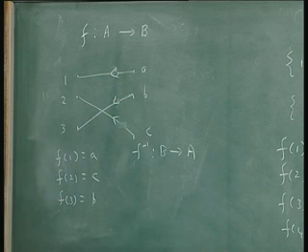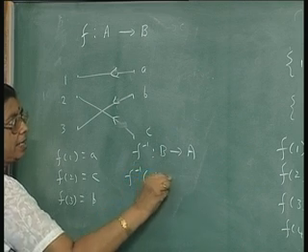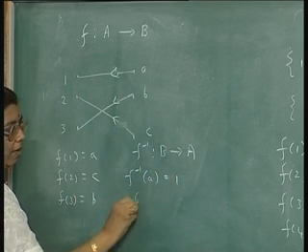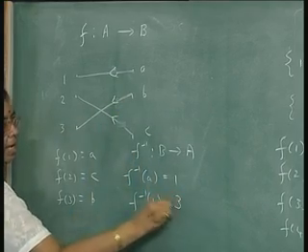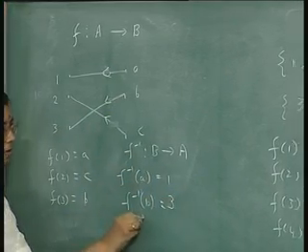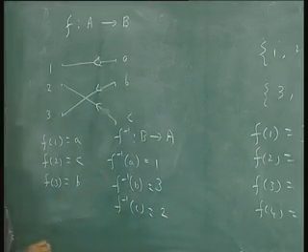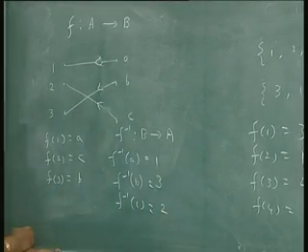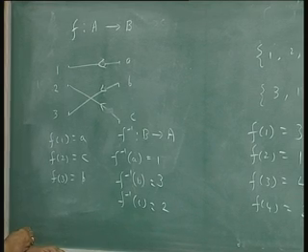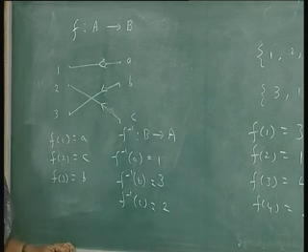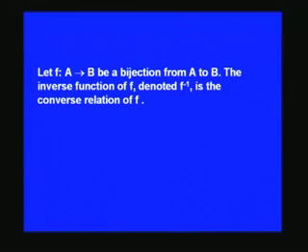So it is defined from B to A, and it is like this: f inverse of A is 1, f inverse of B is 3, f inverse of C is 2. So the converse relation represented by this is called the inverse function f inverse, and it is denoted from B to A. Suppose we take the set of integers to integers, consider the function